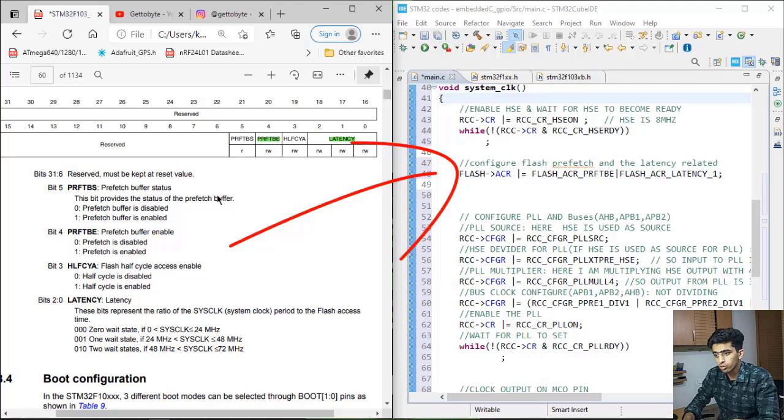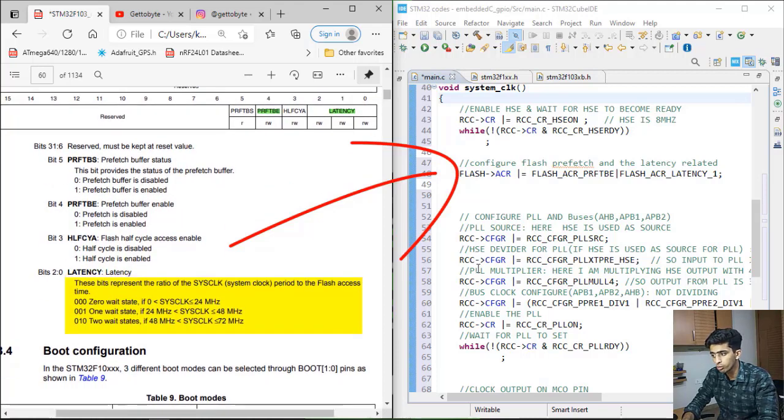So what does this do? PRFTBE will enable my prefetch buffer, so that, as its name suggests, it will prefetch my next instruction, so that there are no latency related issues at high frequencies for microcontrollers. And for the latency, we have to configure what latency we are using.